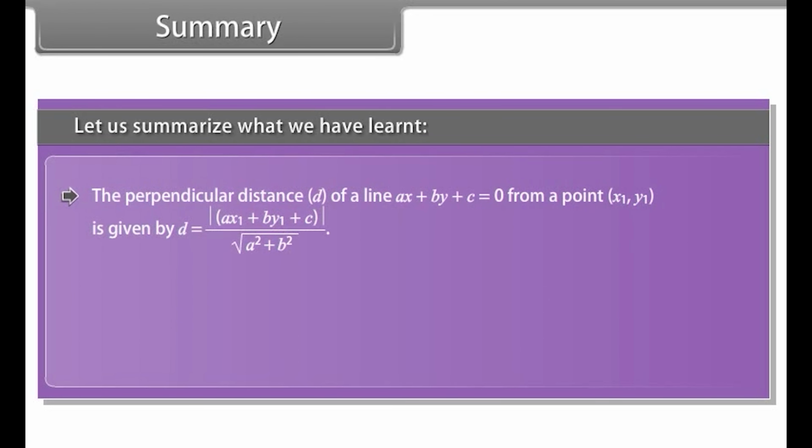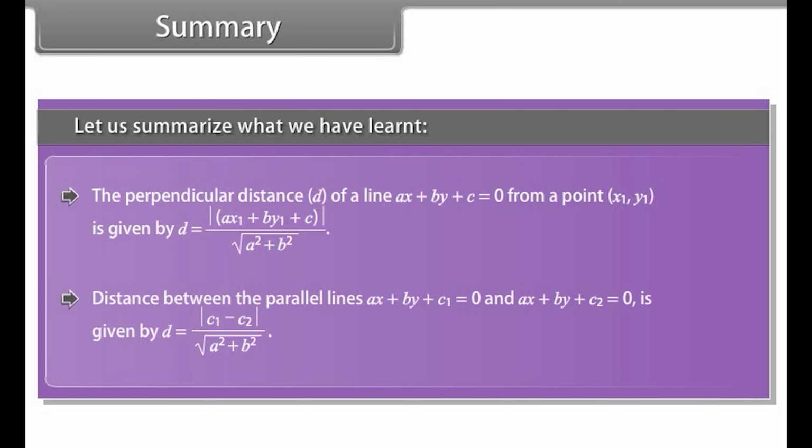The perpendicular distance d of a line ax plus by plus c is equal to 0 from a point x1, y1 is given by distance between the parallel lines ax plus by plus c1 is equal to 0 and ax plus by plus c2 is equal to 0 is given by